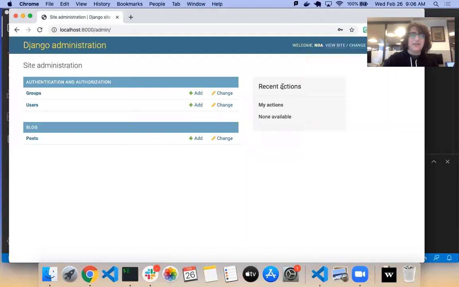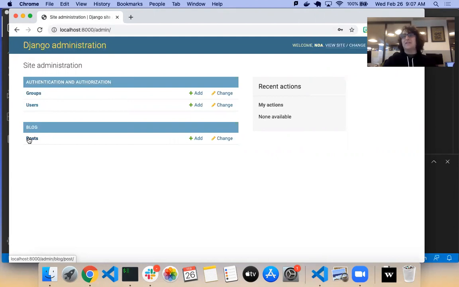All right. So Django has this built-in administration site that we can use if we're registered as a superuser. And as you can see, it's got things like groups and users, but it also has something called posts. There it is. Here's our blog app. Here are our posts.